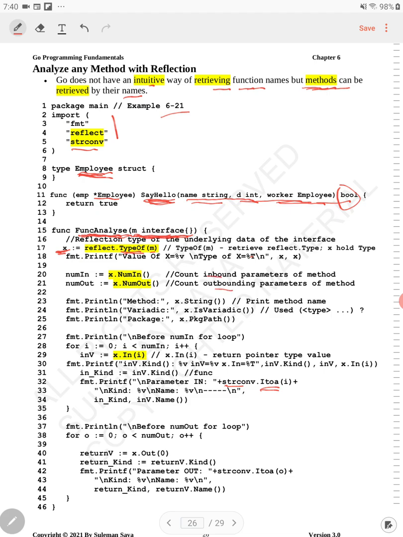So the inbound parameter will be 3 and outbound will be 0. There are no parameters that will be going out. In this case, the output that I was just showing you will show the name of the method, which will be the same as what x is holding, and then